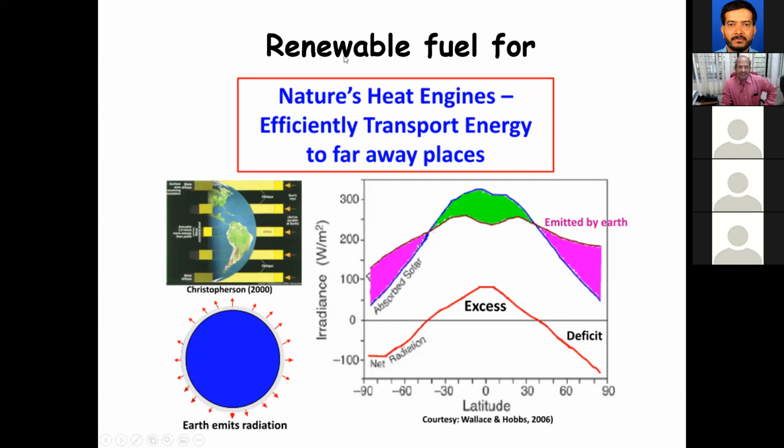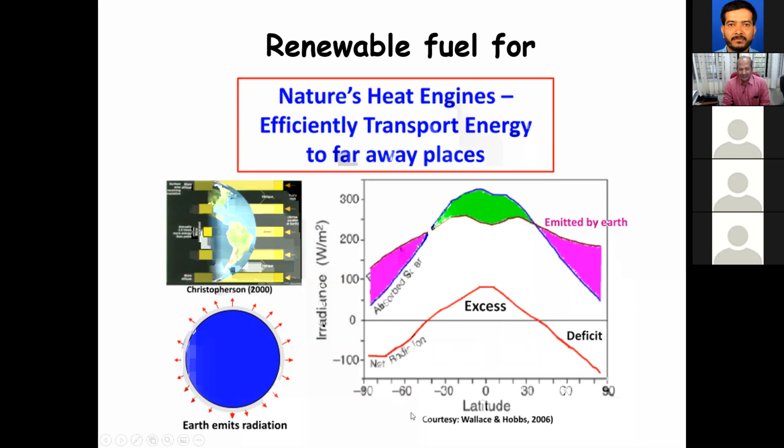And essentially, it's a renewable fuel for nature's heat engine, and it efficiently transports energy. For example, when you look at Earth's geometry, it is more or less a sphere. So the equatorial region receives a lot more solar energy because of that angle effect. The polar regions receive much less energy. On the other hand, the atmosphere in the polar region as well as in the tropical region emit long wave radiation. So when you look at the annual average,